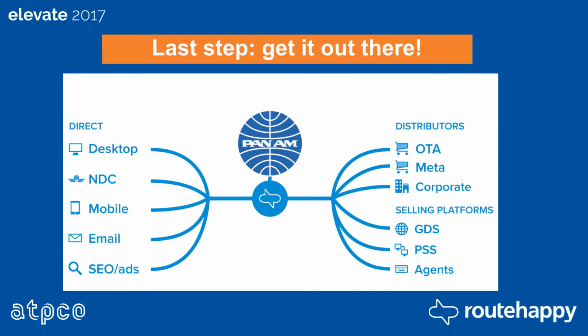This industry does a wonderful job making price as precise and as useful as it can be, but we want to make this information understandable so that we can make better decisions about what we're buying. Last step, get that content out there. This content needs to be easy for distributors to do, and it's not just a handful of big ones. It's OTAs, metas, it's better banner ads, it's better SEO campaigns, it's content optimized for media versus desktop, mobile versus email. Any way that content needs to get out, we will match it and get it back out.